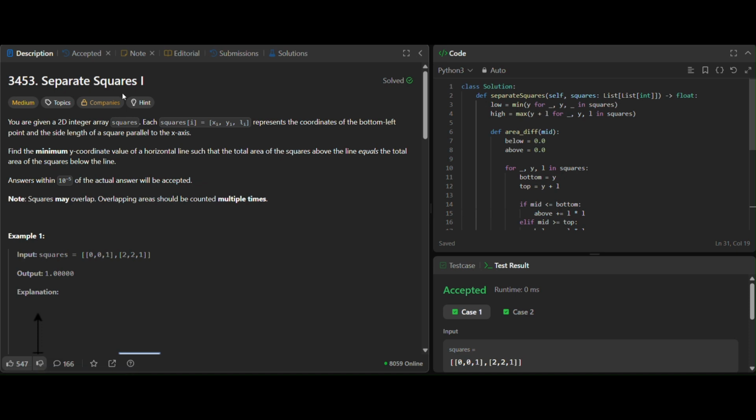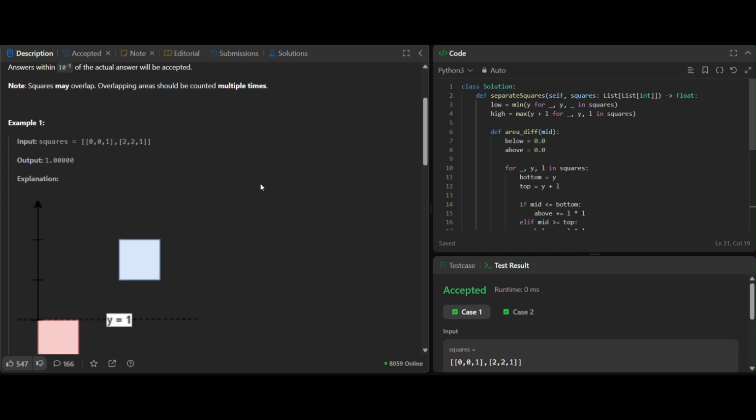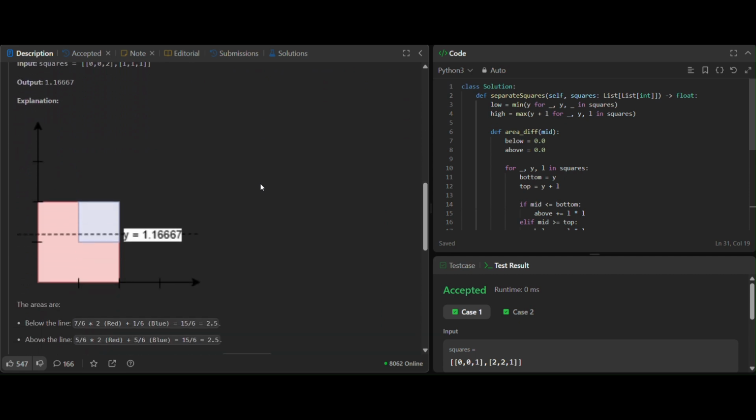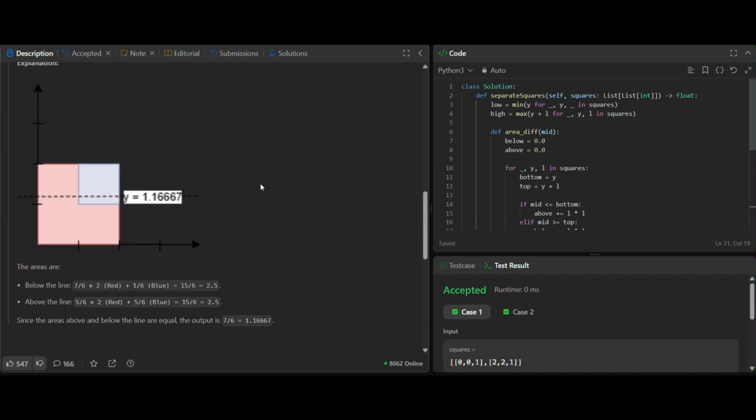Today we're solving LeetCode 3453, Separate Squares I. This problem looks geometric, but the real test is whether you can convert geometry into math and binary search, which is a very common interview pattern. By the end of this video, you'll know exactly how to balance areas using a horizontal cut, even when squares